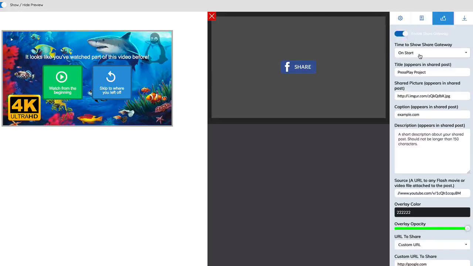The share gateway allows you to have the person share the video directly from inside the video and tell their Facebook friends. So you can control what image you want to be shared, what the caption will be, what the description will be, and the source of your video. And then also if you want a custom URL to target,